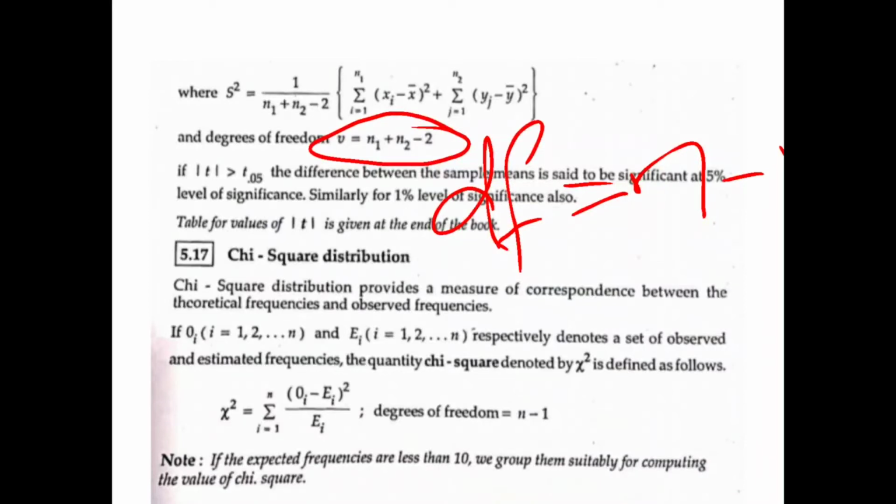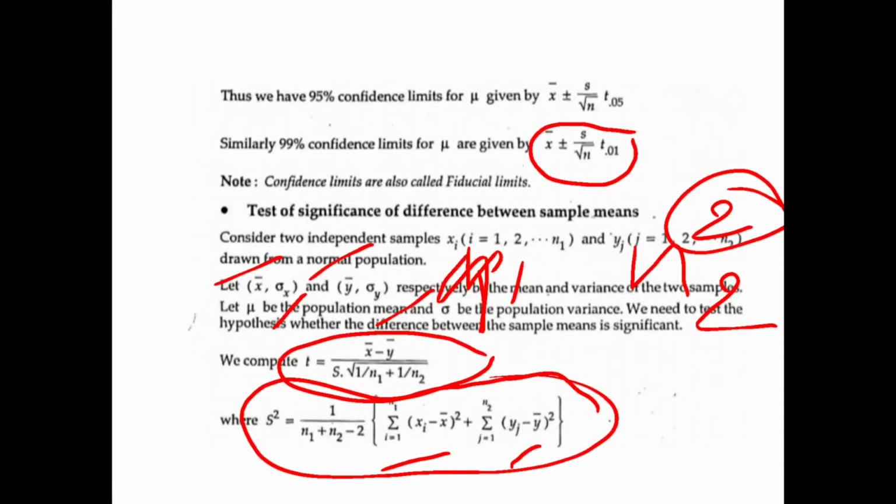This gives you the degrees of freedom, and here also we check the table values for n1 plus n2 minus 2 against the particular level of significance, that is t 0.05 or t 0.01 and so on. Then compare this test statistic value, the modulus t value, and give your inference whether the hypothesis is accepted or rejected. So it's the same thing. The only difference here is the formula, my dear friends. Otherwise, it's similar to the large sample tests you have done till now.